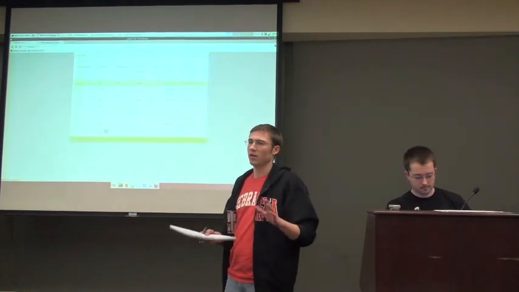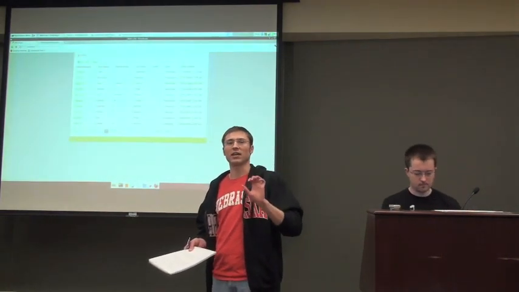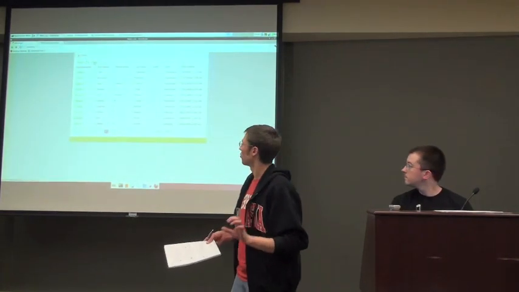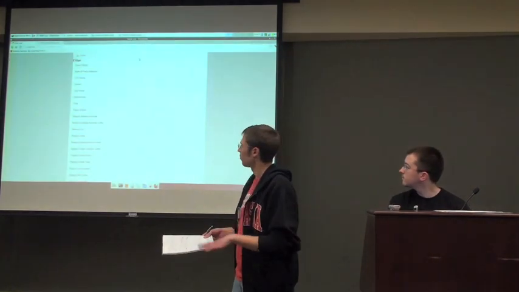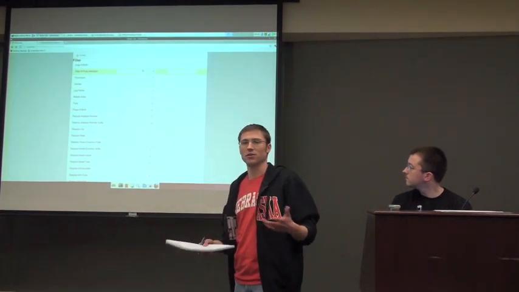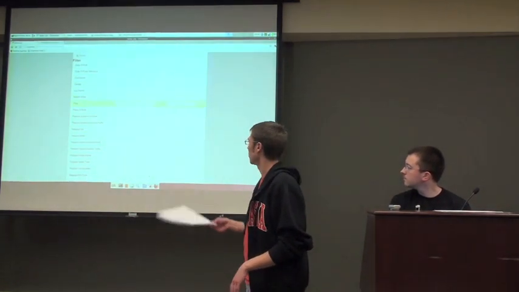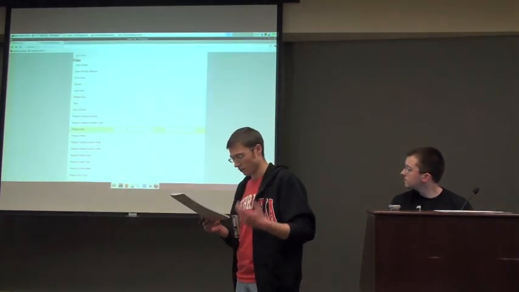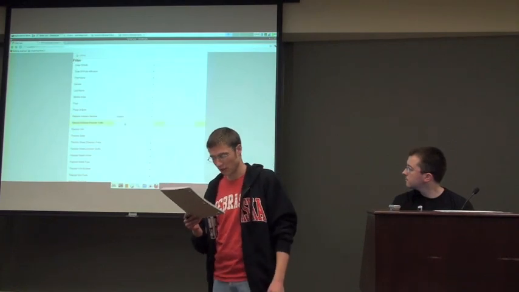All right, and then the filter. We were thinking, okay, a full text search is great, but what if I know exactly what I'm looking for, and I just want to filter things down based upon some properties? There's a bunch of properties in this data set. We just picked the ones that we thought would be most useful to put in our filter. So for an example, let's just do date of birth,